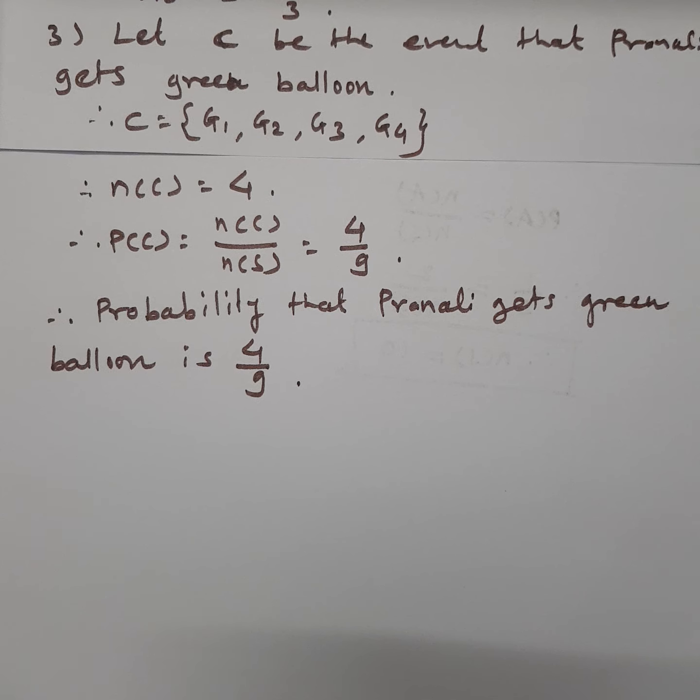Sixth example is also the same as the fifth example. Here there were balloons given, and in the next example there are pens, 5 red pens, 8 blue pens and 3 green pens. Therefore notations will be the same, R1, R2 up to R5, blue pens B1, B2 up to B8, and 3 green pens means G1, G2, G3. Similar example you can solve easily in homework. Now we will see the 7th example.